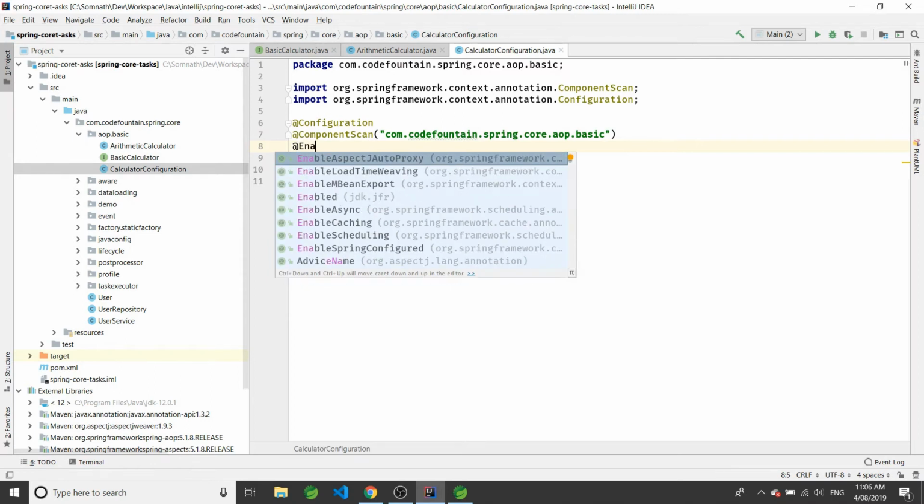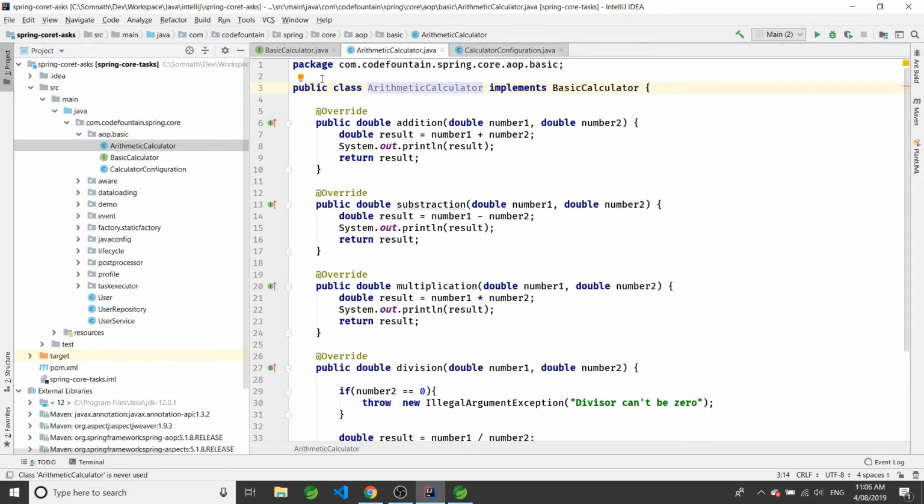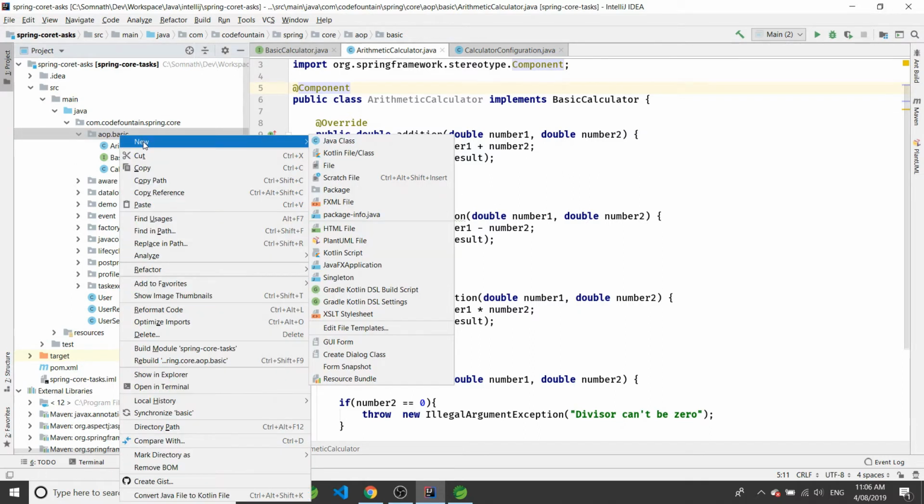And next thing which is important is we are going to enable AspectJ auto proxy. We have already talked about this annotation in our earlier video. This annotation lets Spring do the auto proxy for the beans. So this is our configuration class, and one more thing is we have to detect this as a component so that Spring can find this ArithmeticCalculator and create the bean.